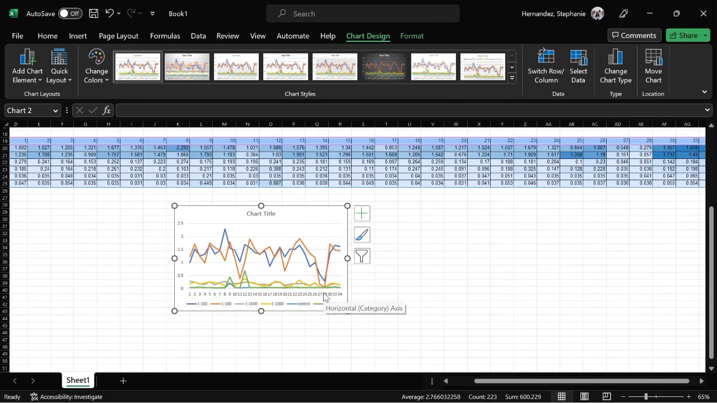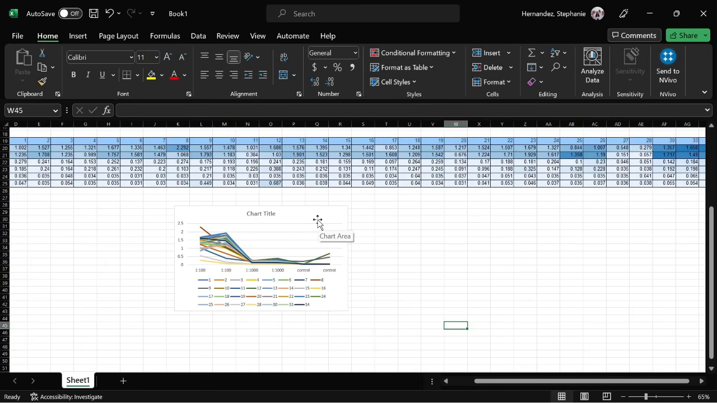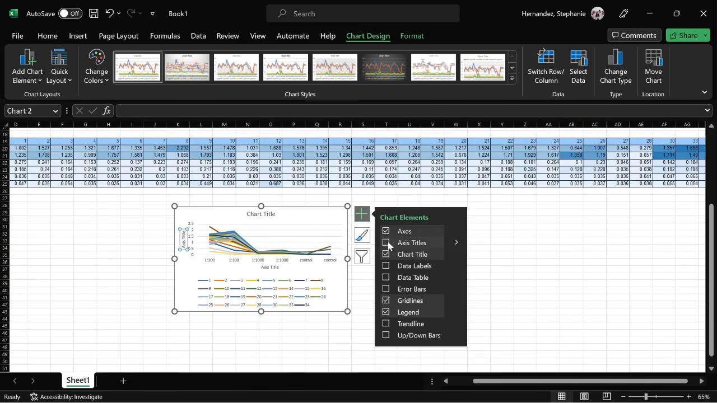We don't want that. We want to have these dilution factors in here instead. So what we're going to do is under chart design, do switch row and column, and there you go. That makes a lot more sense. However, right now, this is an incomplete graph because I have no clue what it means or what it's trying to say. So how I change that is first I go to the little plus sign and then add axis